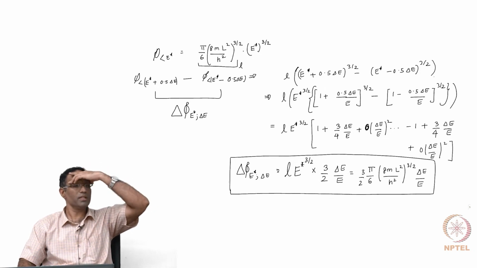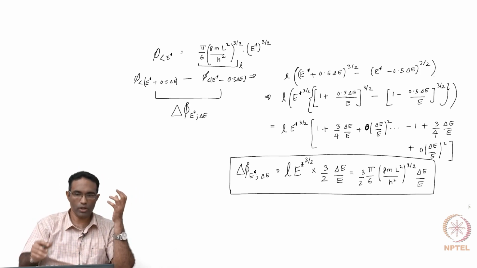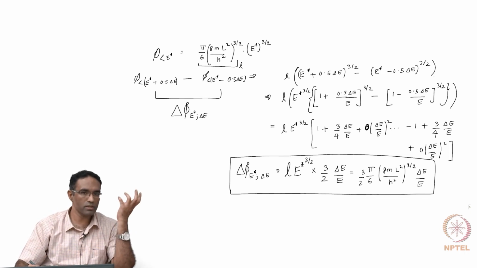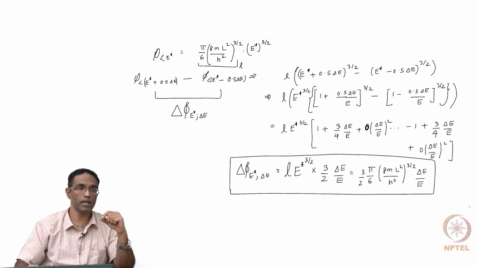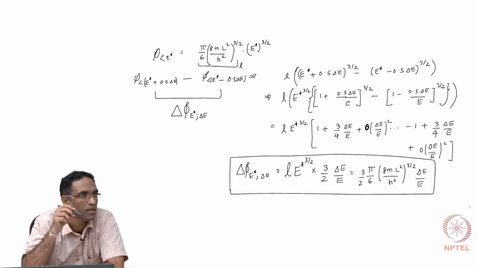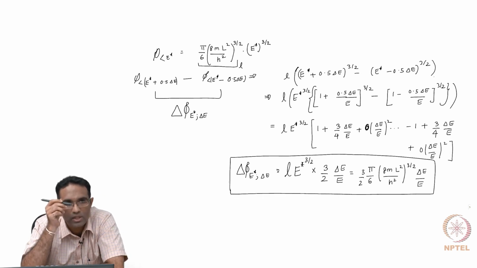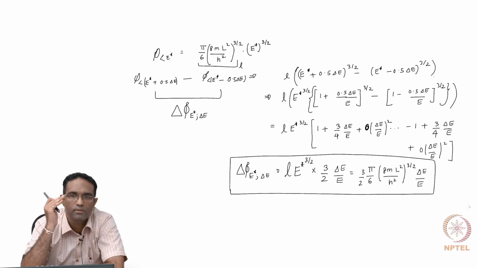Okay. Now what we have done is actually not very wrong, because when you are talking about a closed system, or isolated system, no system is actually isolated, right? Even the act of trying to measure something from the system, you are actually going to interact with it, and it has to exchange some amount of energy. For example, if you are measuring with a thermometer, you need to allow the system to exchange heat with the thermometer so that you can measure its temperature. So that energy E is always going to be fluctuating a little bit about E star.